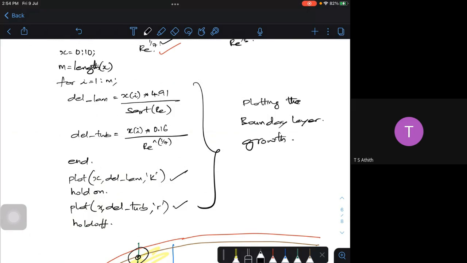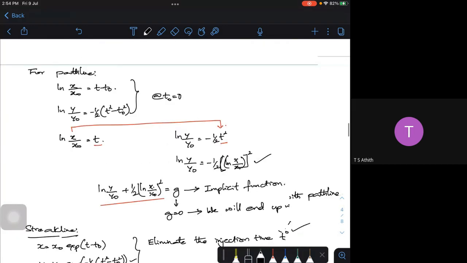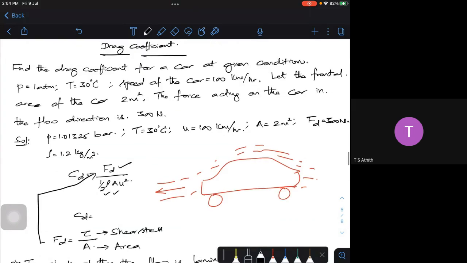Okay, fine. So whatever I told, I have the code here. Maybe I'll run the code and try to show you. Let me go there and show the drag problem. First, we'll take the drag problem. I'll come back in 1 minute. I'll stop sharing from here.